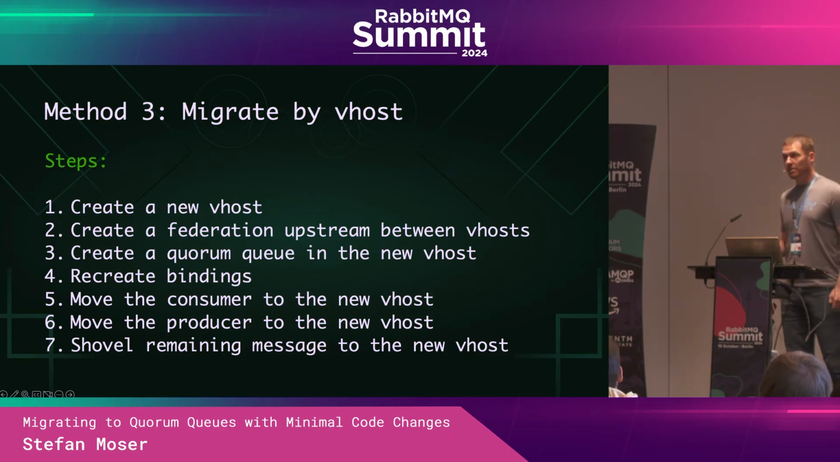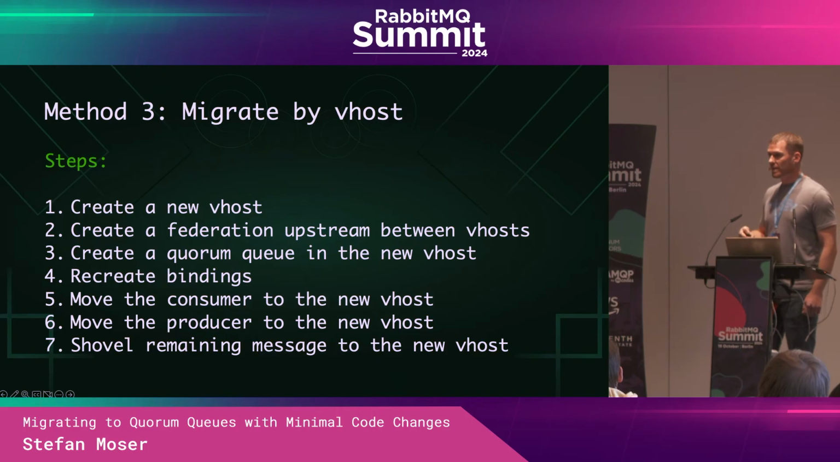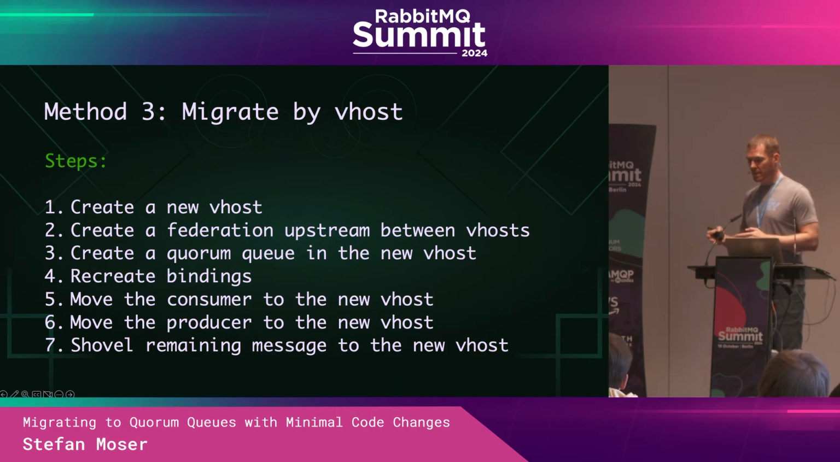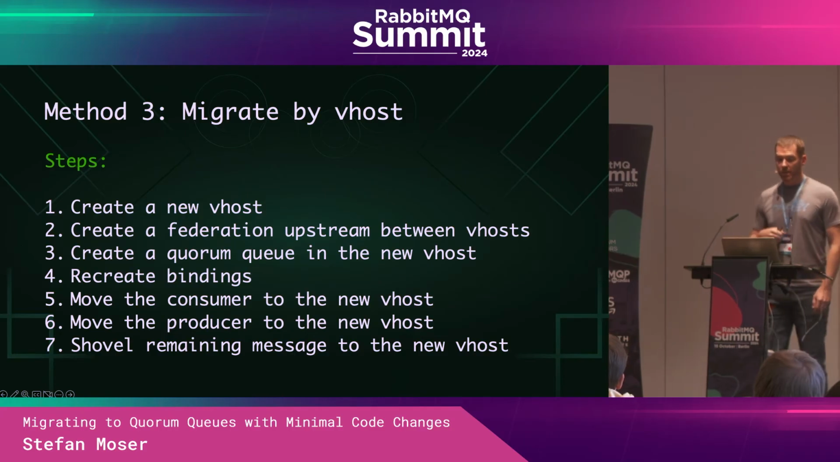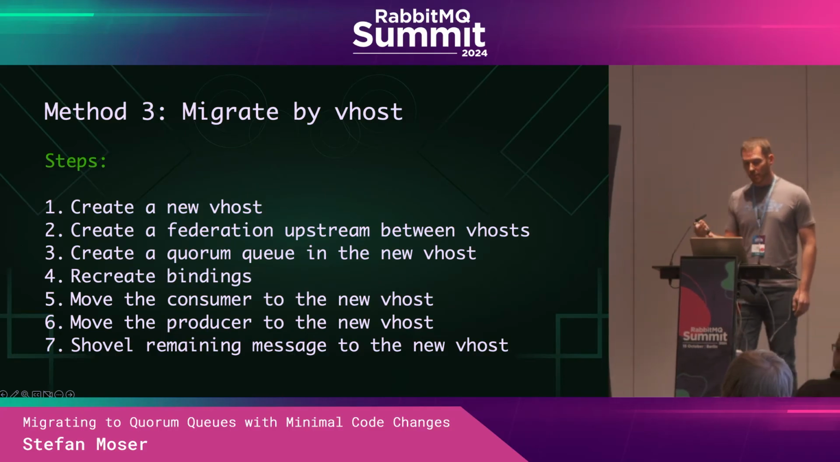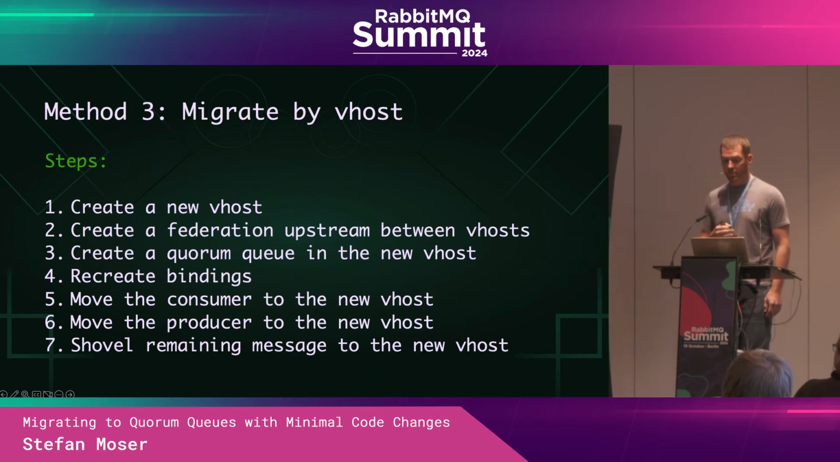So the final method that we'll look at is called migrate by vhost. This one's a little bit different, in that we do need to be able to point the application in a different way, because we're not going to have the new queues in the exact same place. They're going to be on a new vhost. So we create that new vhost and then have a federation upstream between the 2 vhosts, create the quorum queues in the new vhost,